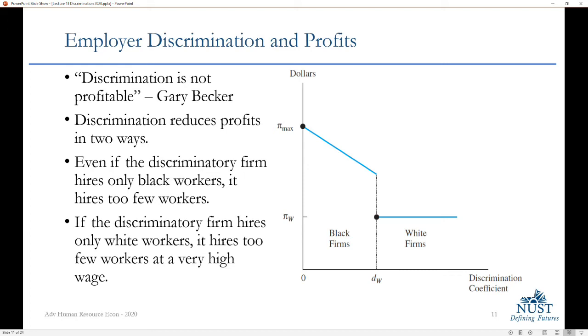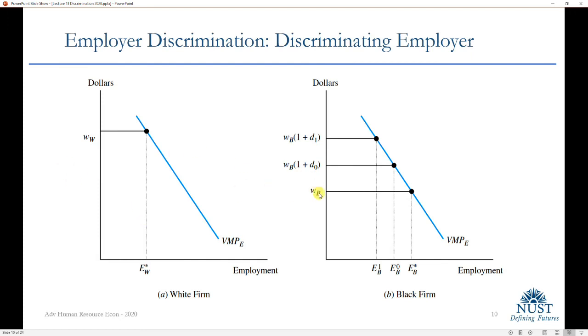Perceived cost is higher. Because in labor economics we are comparing marginal cost with marginal revenue. So when we are incorporating the discriminatory coefficient, it means that if the employer was non-discriminatory, he would perceive the cost of a black worker as it is. If D is 0, it means that the employer does not discriminate against black workers. If there was no discrimination, then it would be profitable for the employer